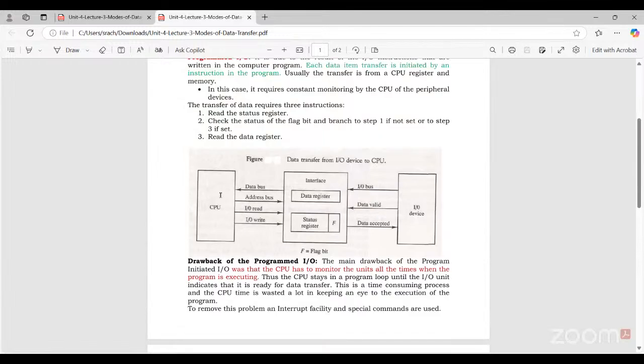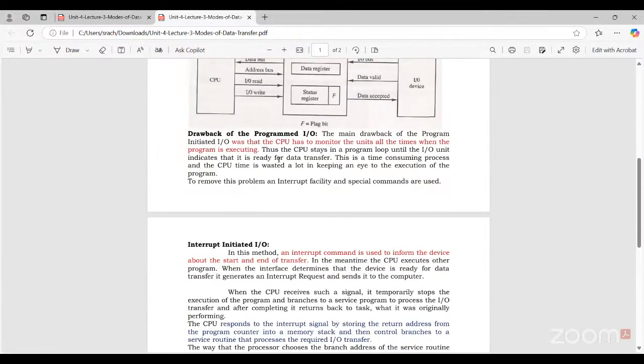Now in these three processes, the main drawback of programmed IO is that the CPU has to monitor the units all the time when the program is executing. Thus, the CPU stays in the program loop until the IO unit indicates that it is ready for data transfer. This is a time consuming process, and the CPU time is wasted a lot in keeping an eye on the execution of the program. To remove this problem, an interrupt facility and special commands are used, which is called the